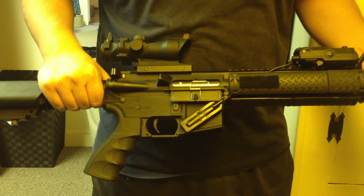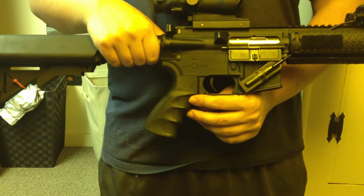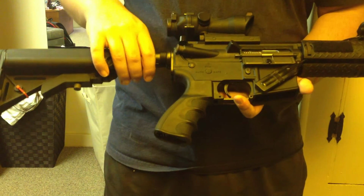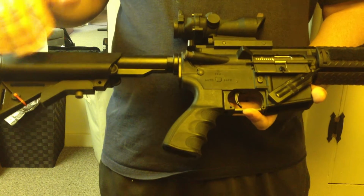One problem that I had with it was the motor. I don't know if I just got a bad egg. I've heard other people say that they had the same problem with this exact same gun, is the motor. First problem I had with it was right out of the box it shot once and then it wouldn't work. So